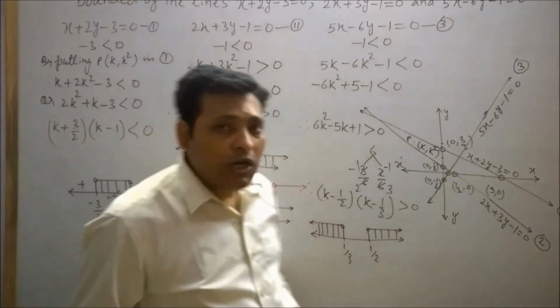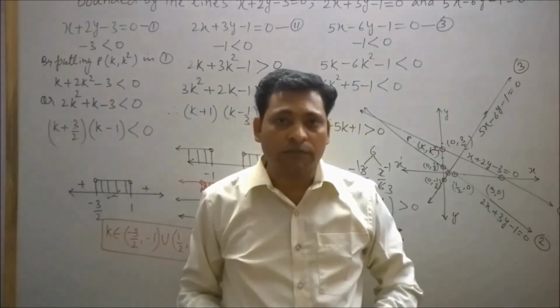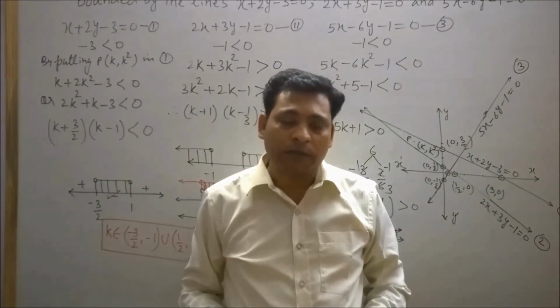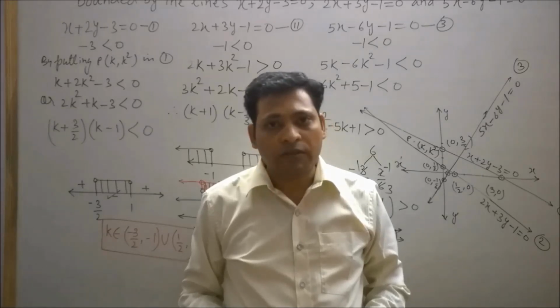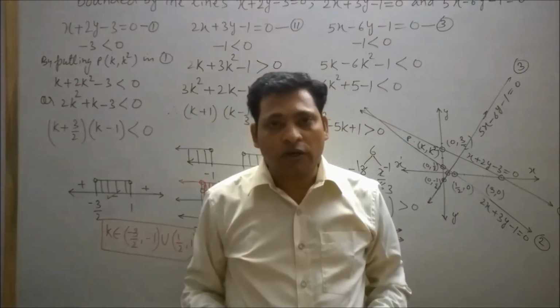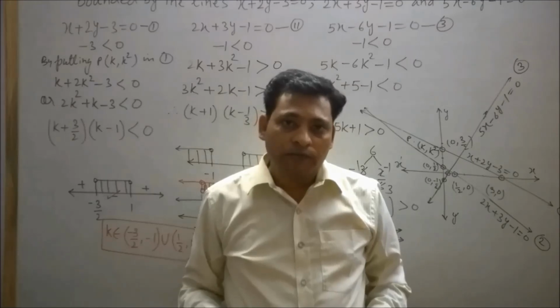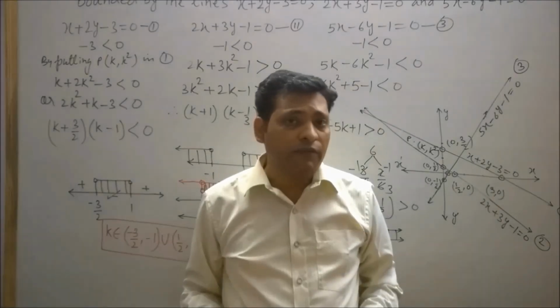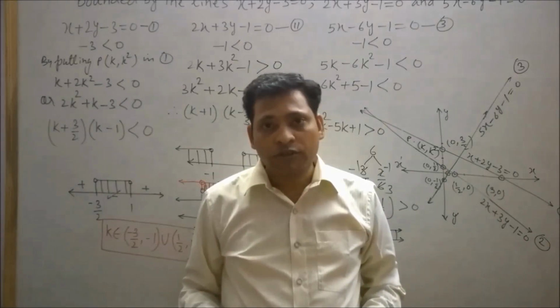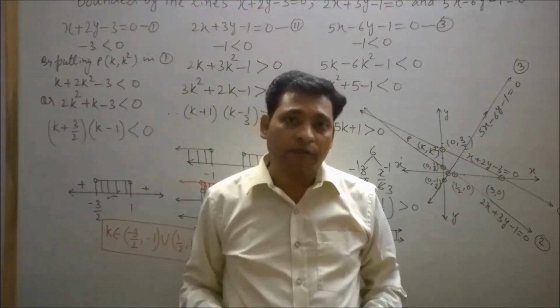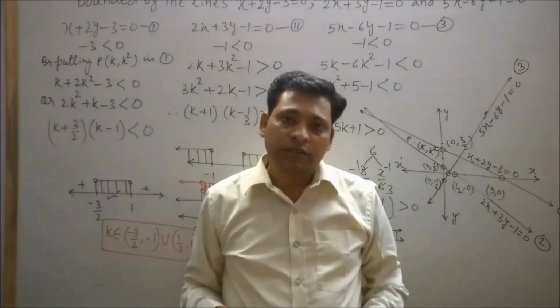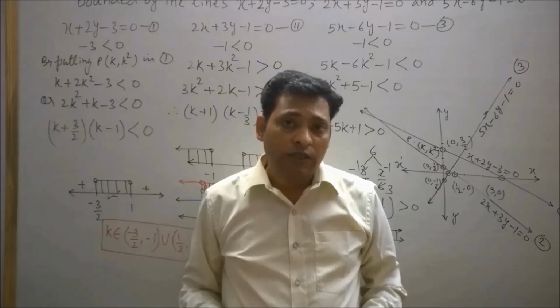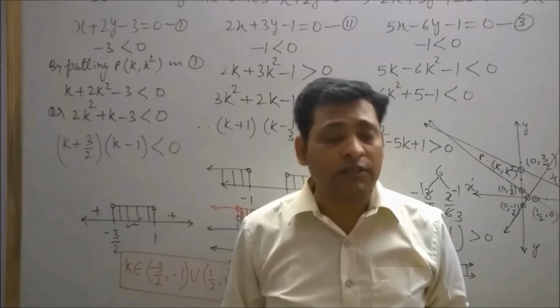So students, I have solved this question by using the concept of the position of a point with respect to a line and the wavy method. I also factorized the quadratic polynomial with the help of Vedic maths. But you can even solve this question without using these shortcut tricks. But here I prefer to use shortcut tricks since shortcut tricks are very useful in MCQ type questions. Shortcut tricks save our time